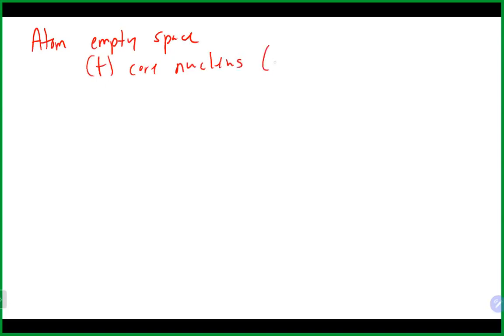Okay, so we're into chapter 4 here. Last time, we talked about really the atom, and some important experiments that led to our understanding of the atom. Again, basically, the atom is mostly empty space. It has that positive core, which is our nucleus, and as we talked about, that's where we find our protons and our neutrons. The electrons are out from the nucleus,